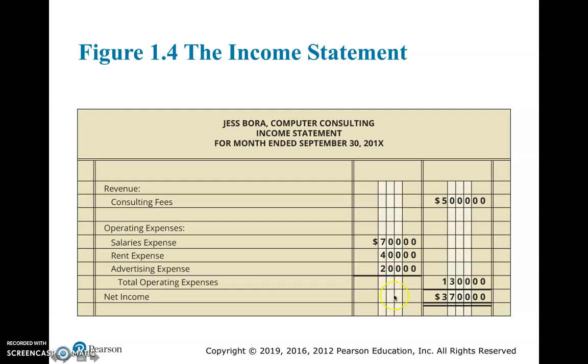And we have 2 different columns. The column to the right shows the totals and subtotals. The column to the left shows the detail for that subtotal. And the difference between revenues and total expenses would be the net income if revenues are larger than expenses, and net loss if our total expenses are more than revenue. Now, the reason we prepare the income statement first is that we need this bottom line net income, the $3,700, in preparation of the next financial statement,